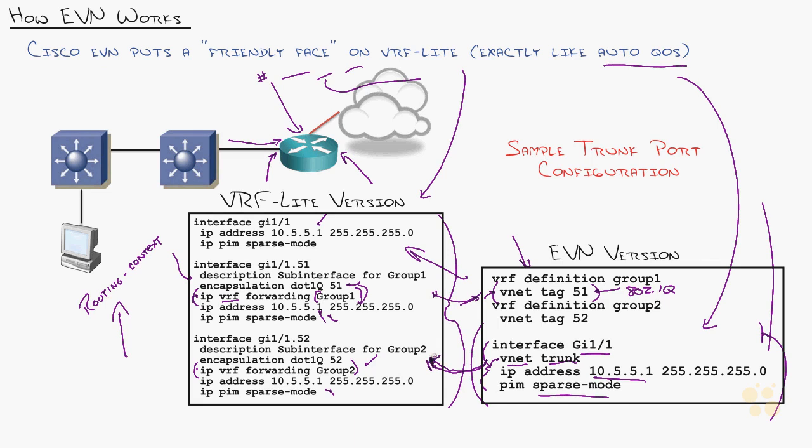So hear me out. I'm not here to say EVN is a scam, although I kind of feel that way as I'm talking about it. But that's really all EVN is: it's a way for you to roll out network isolation brainlessly. You don't have to figure out access control lists and all this kind of stuff. And there is more to EVN. You can say, well, I need to tag common routes to jump in here. I just wanted to tell you what it was all about so that you can be prepared for the what-is question if you are into the Cisco route exam. But that's really all it is, an automated method of deploying